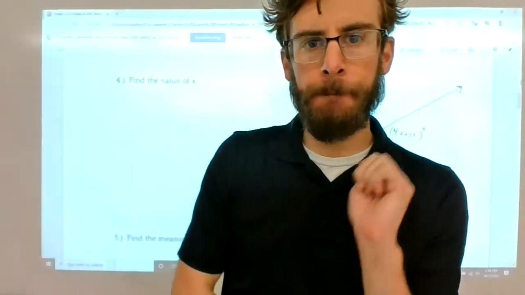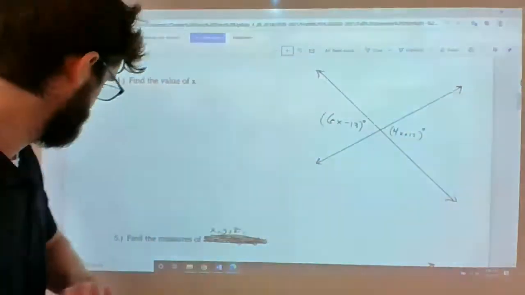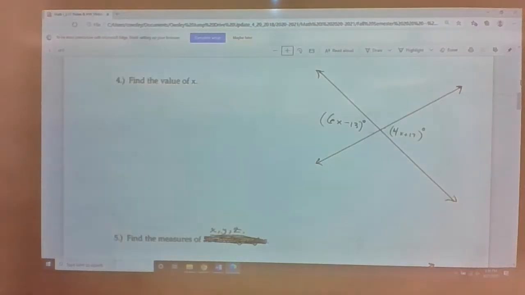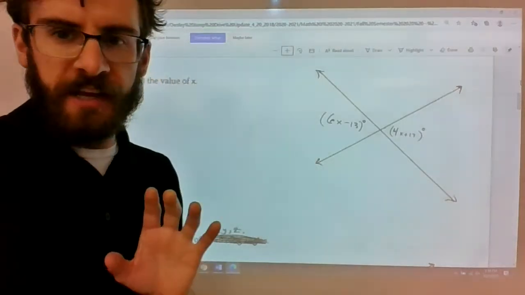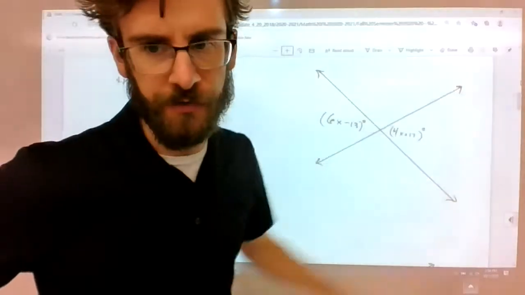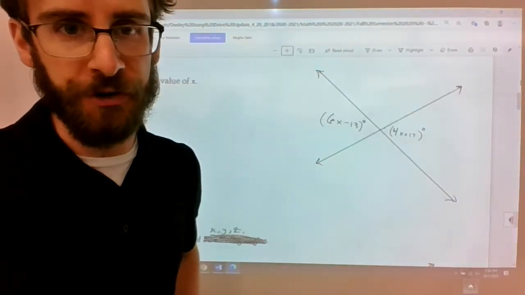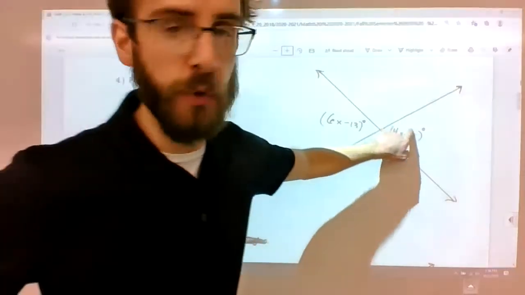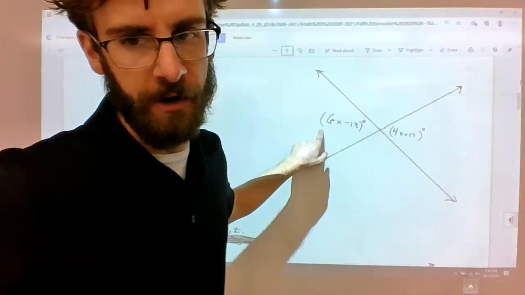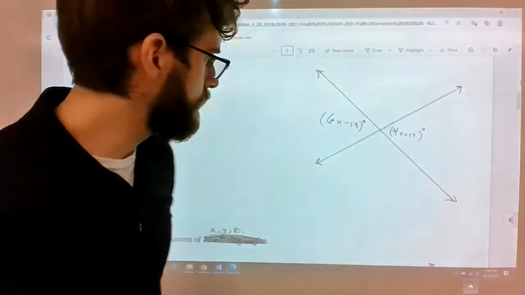All right, Math 1, Part 2 of 2.11. So what happens if our angles are across from one another? Well, they don't necessarily add up to 180 degrees. These two do not have to be supplementary. However,